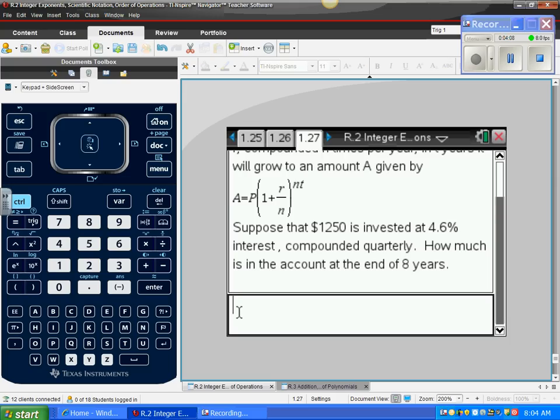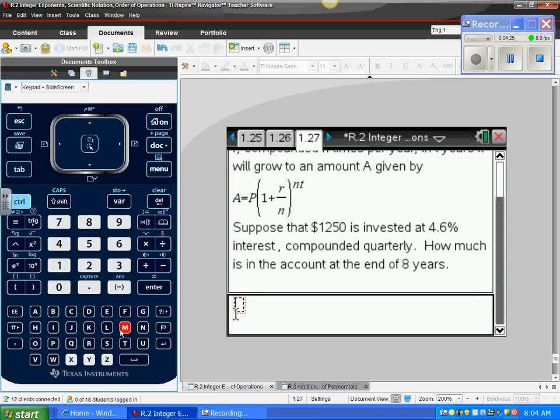Okay, so what we need to do is plug in our information. We know what we're looking for is A. We're looking for the amount in the account at the end. Now the simplest way to do this so that we don't have to insert any new pages is to create a math box. So Control M will very easily do that for you, and we're going to put in our information. P stands for our principal amount, what we have in at the beginning. And it looks like we have $1,250 to start. Times